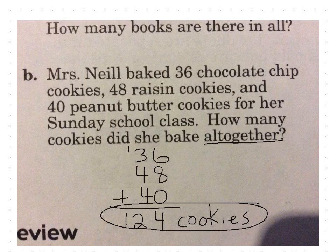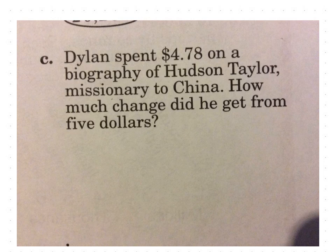C says Dylan spent $4.78 on a biography of Hudson Taylor, missionary to China. How much change did he get back from $5? So if the cost of the book was $4.78, and it's asking how much change did he get back from $5, when you see the word change, you can assume that you subtract. So we need to subtract